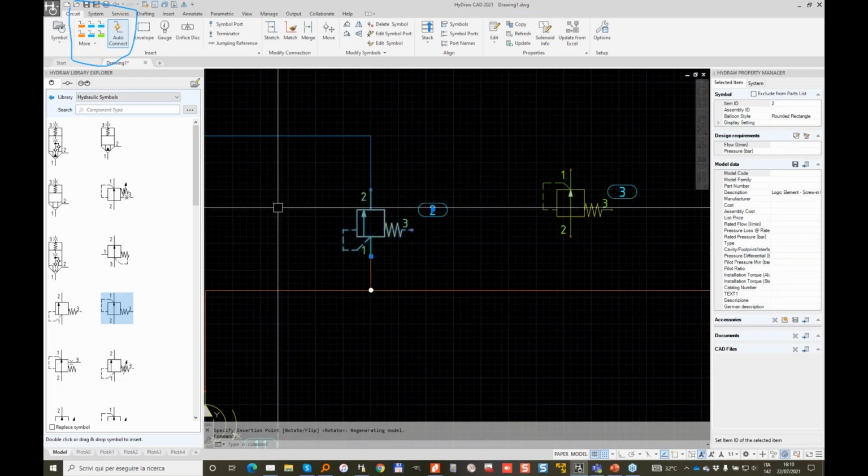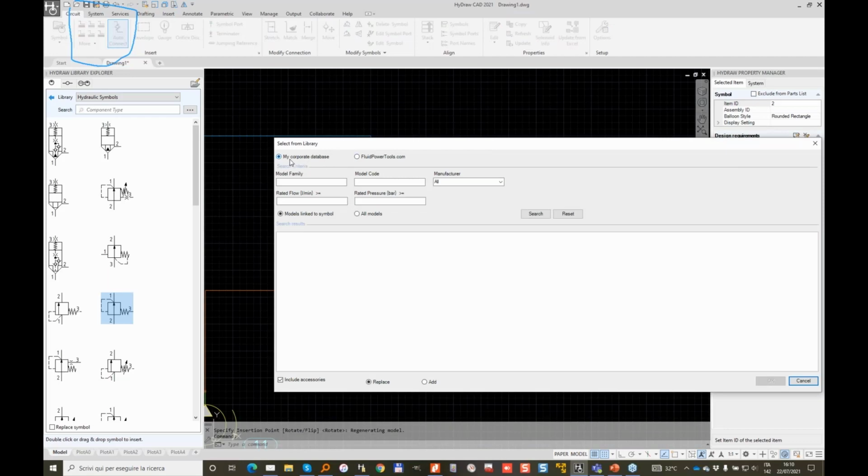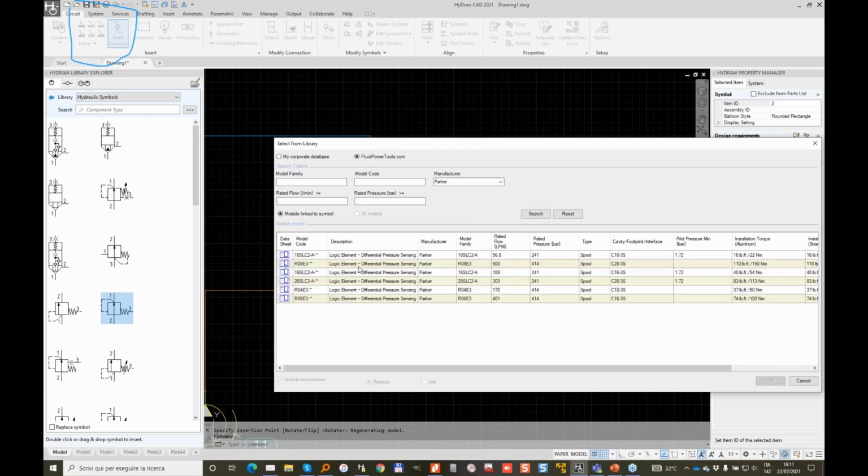So when you have a symbol without any model data, we can search in the library. And we can search in the database, but I don't have any component linked to this in my own database. I can search online in Fluid Power Tools. And for instance, in this case, I want to search just for Parker. Later, I will search for other manufacturer. Now, let me just search for a Parker valve. And I will take this one,